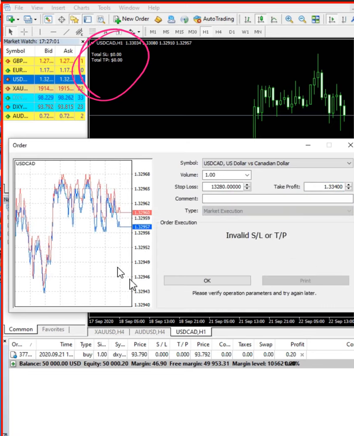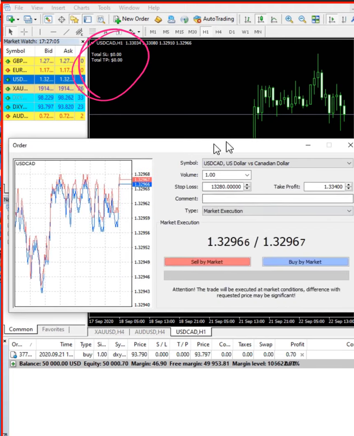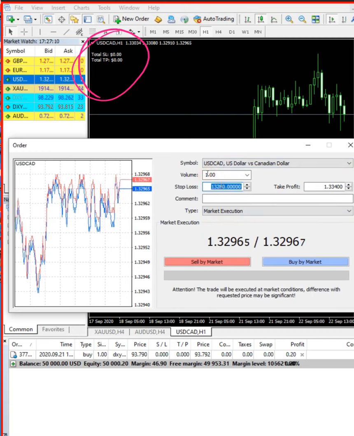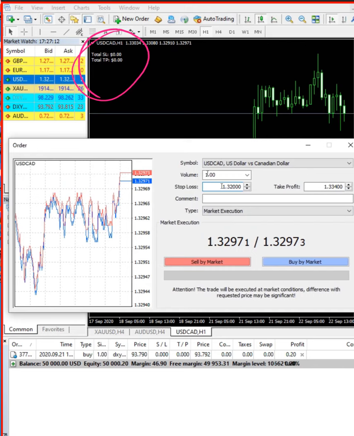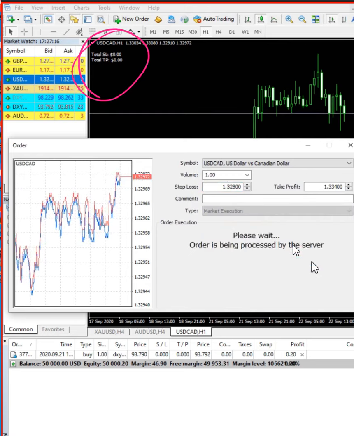So okay, there must be some mistake. It's 1.3280 here, 1.3280, and we'll buy it.